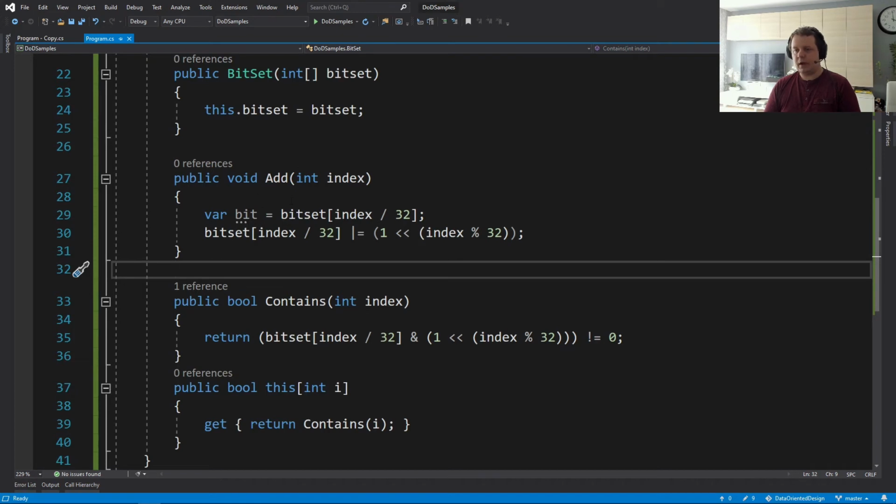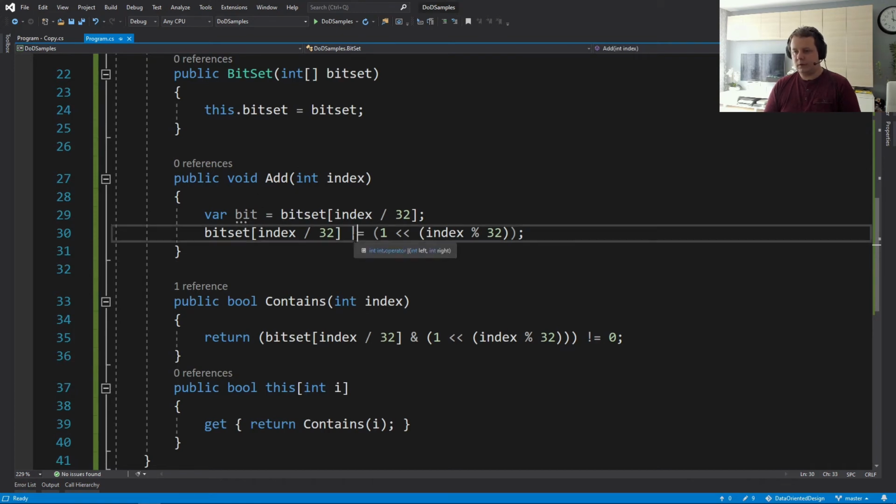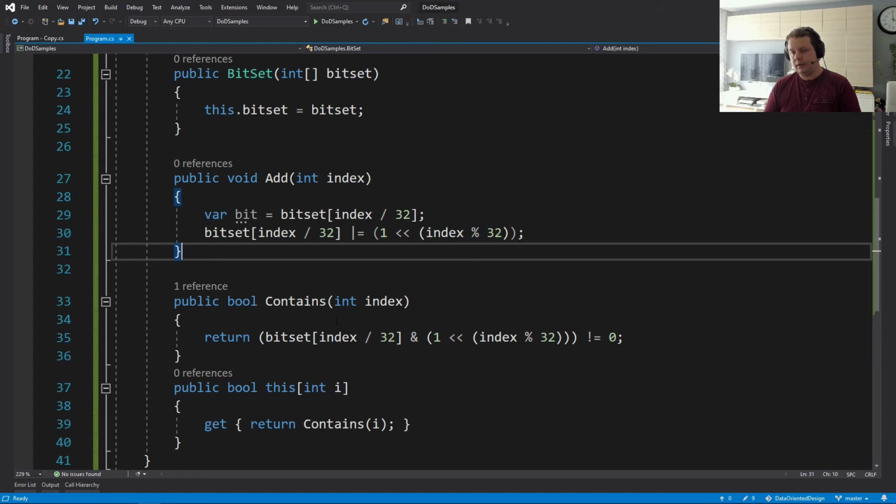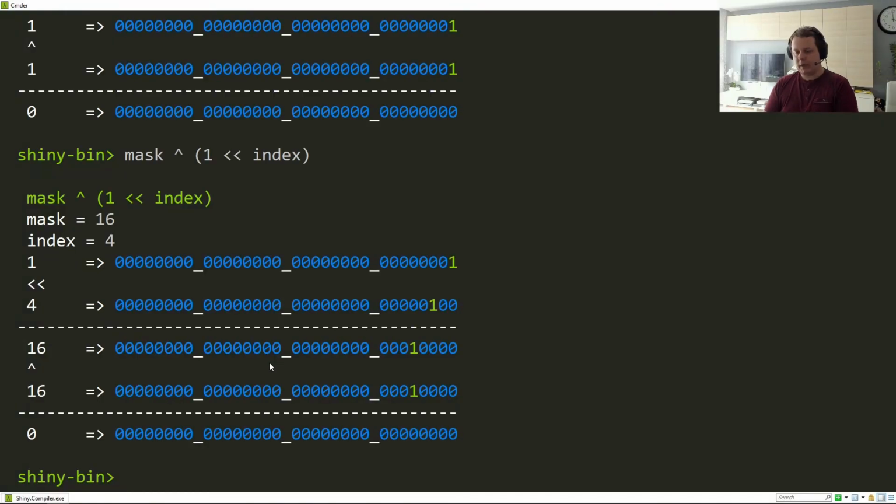So we're going to have add. As you can see, it's doing the OR, and we're going to have the contains, which checks if it's set. We could add toggle and others as well, but for this implementation, it's not that important. I just wanted to show you that we can actually implement a bit set now. Okay, so going back to the examples,